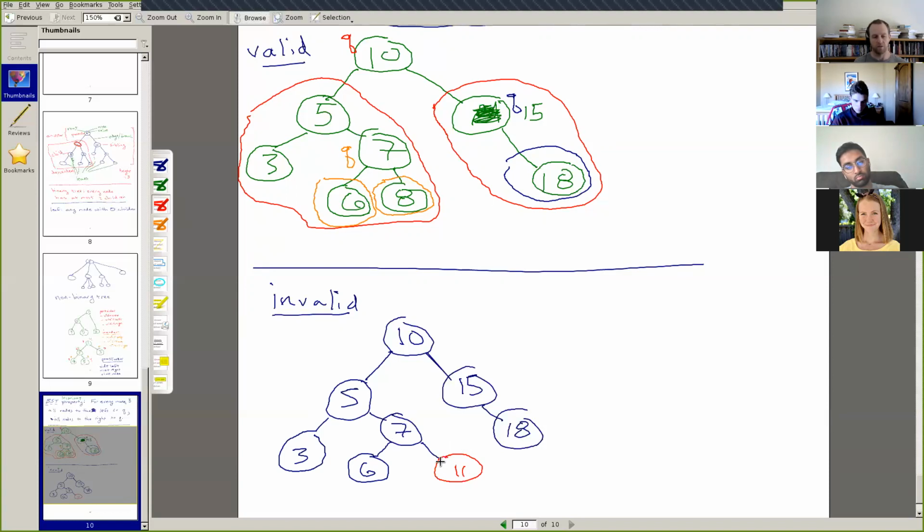And you can see that when we're thinking about this binary search tree property, if you look at one particular node and only look at its children, well, 5 is less than 10, 15 is greater than 10. So it seems like we might satisfy the binary search tree property for this node, but in fact we don't, because if we look at all of the nodes less than 10, this 11 right here is greater than 10. So this causes us to not satisfy the BST property.